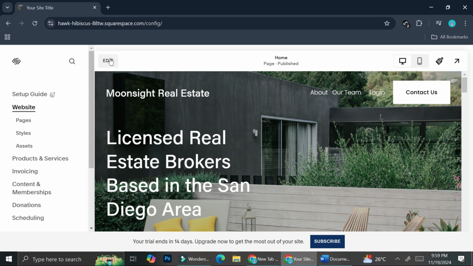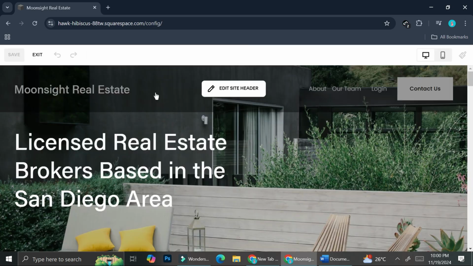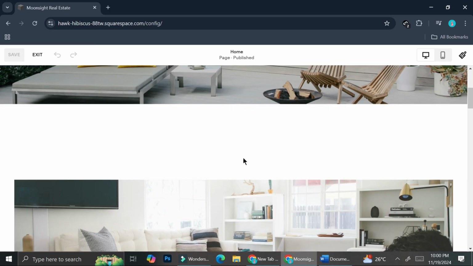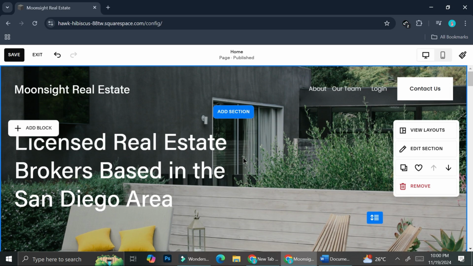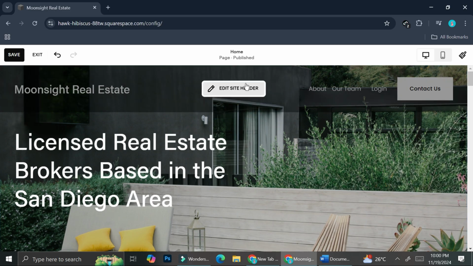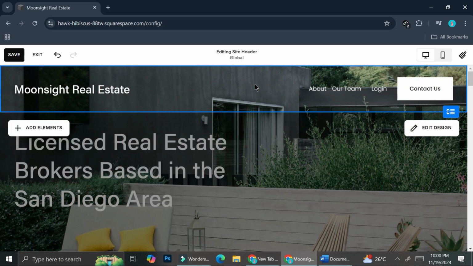And you can see on the left side here, there is an edit symbol. I'm going to go ahead and click on edit, and it's going to allow me to play around with all of the elements that I got on my website. Let's start with the header first. So we can click on the edit header,